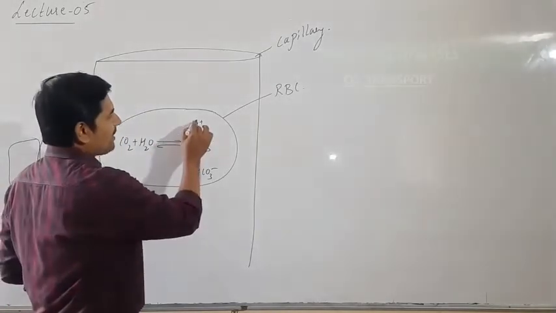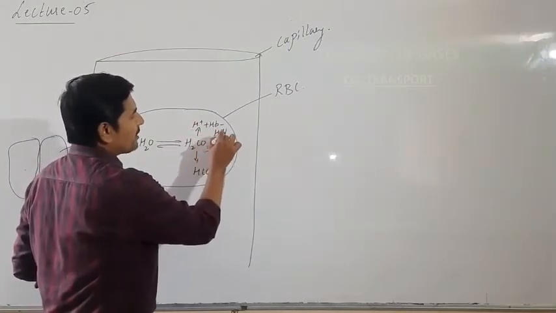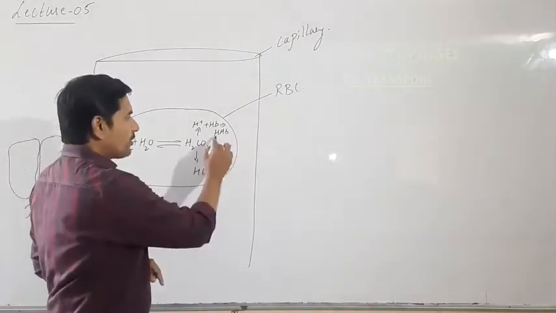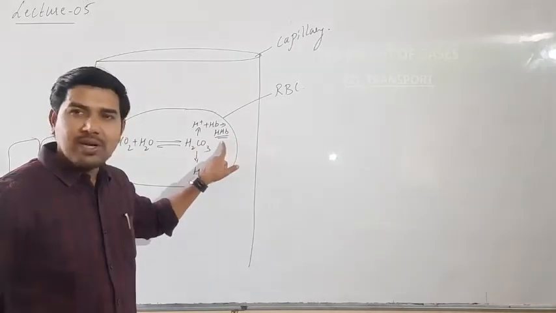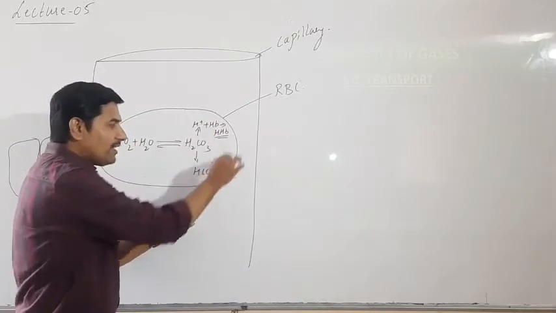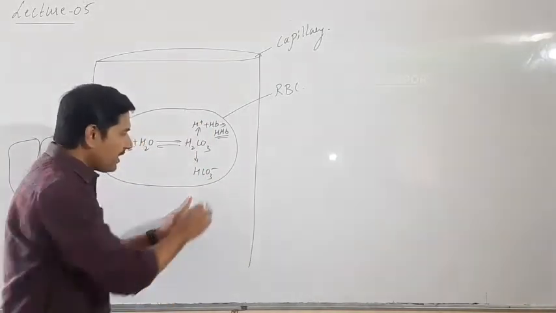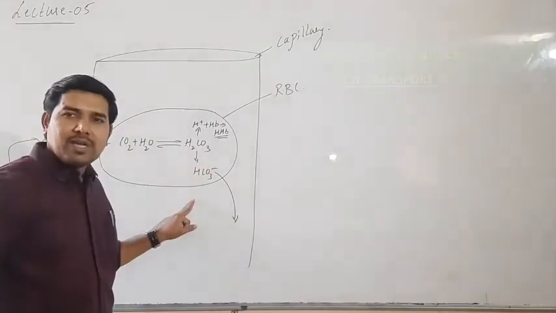That means that it combines with HB to form HHB. HHB is hemoglobinic acid. So the H+ ion combines with the HB of RBC to form HHB, hemoglobinic acid. Now, as the surface of RBC is permeable for negatively charged ions, HCO3- ions will come out from the